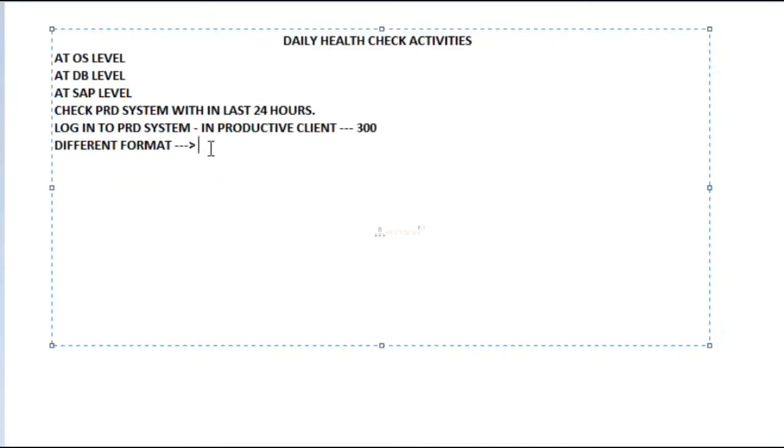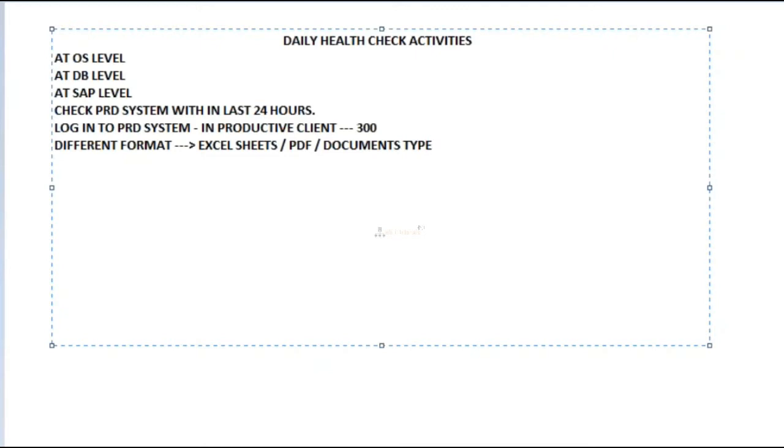Some clients will follow Excel sheets, or some clients will follow PDFs, or some clients will follow document types.